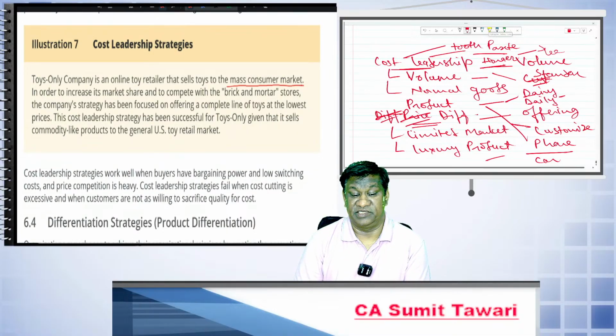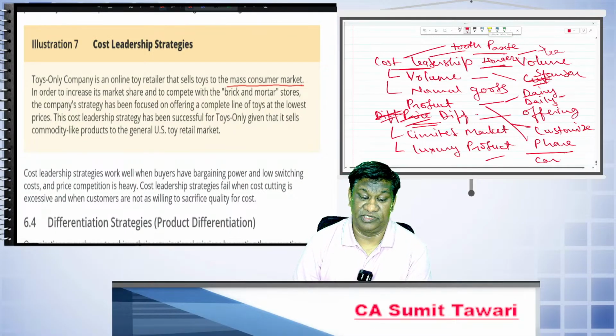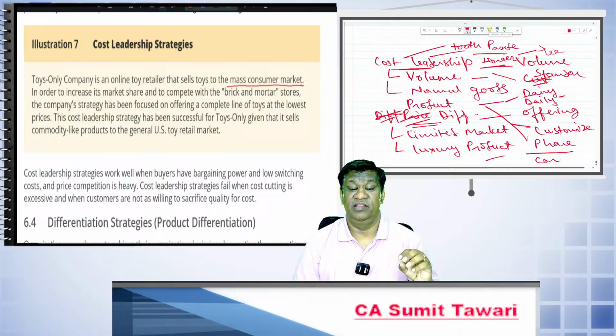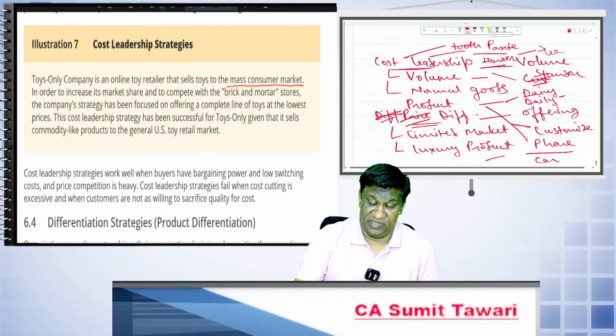The company's strategy has been focused on offering a complete line of toys at the lowest prices. This cost leadership strategy has been successful for Toys Only, given that it sells commodity-like products to the general US toy retail market. So whatever product you can supply in a volume, there you can adopt a cost leadership strategy,